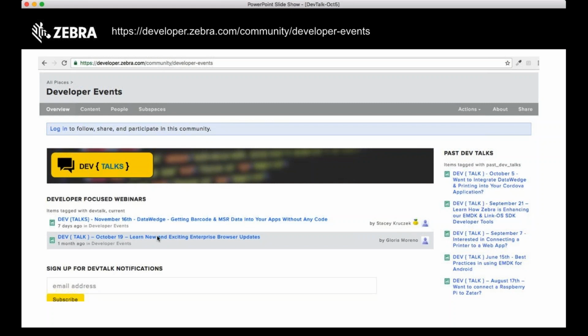We haven't talked about Data Wedge as a whole in a while, so we're going to give you the latest update on what's going on with Data Wedge, all of the new features that we're planning on putting into it, as well as going through some of the advanced features in more detail. So look forward to the next Dev Talk coming up on November 16th.